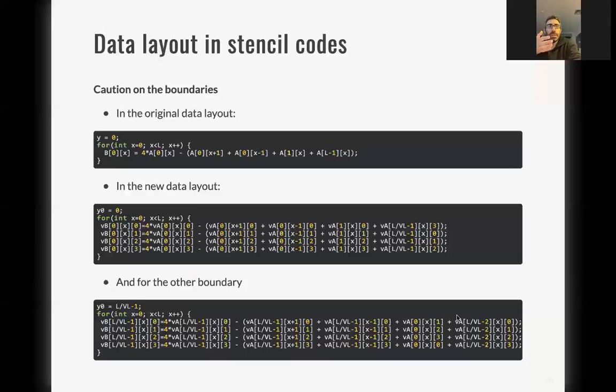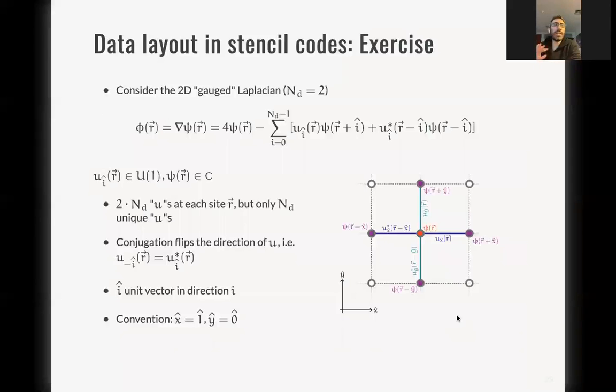And to demonstrate this, I've prepared another exercise. It's a bit more involved than the previous simple one we saw, and I made it a bit more meaningful for lattice gauge theory. As I said, this is to demonstrate the concept of reordering the data layout of the fields, and for that I've created an exercise which uses not the naive Laplacian, but the so-called